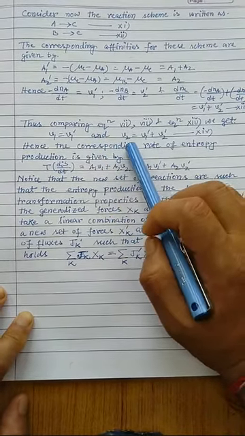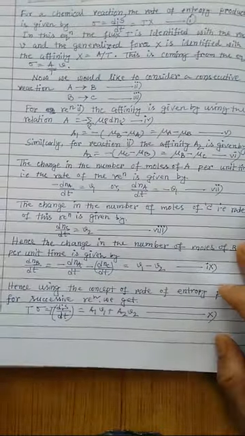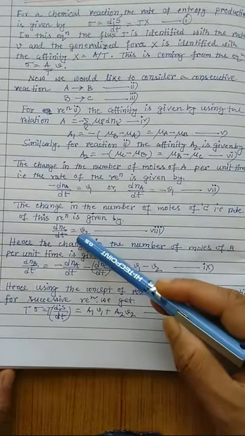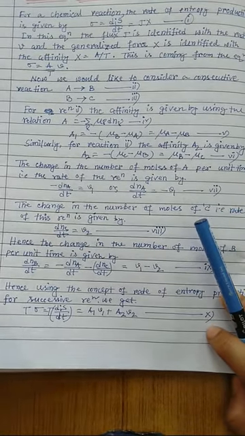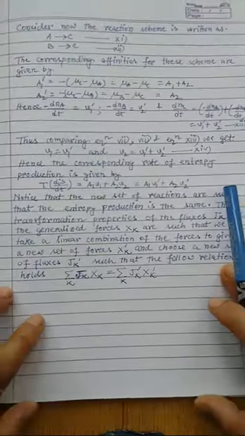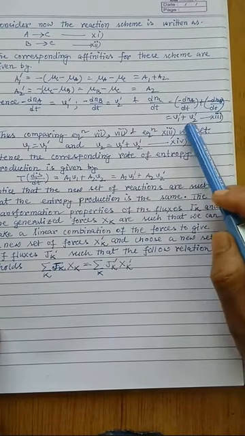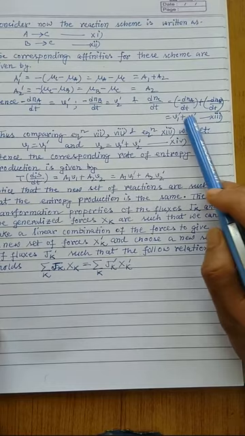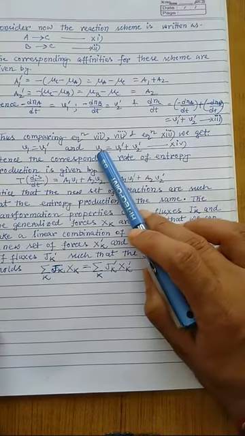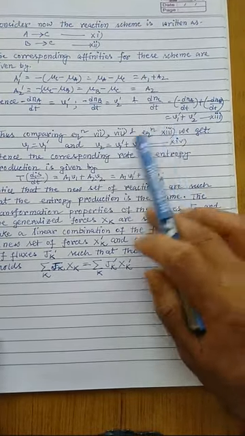But for V2, in the previous case, V2 means the dNC by dt, that means the total change in the concentration of C. And here we got, just a few equations before, equation number 13, dNC by dt equal to V1 prime plus V2 prime. So comparing these two equations, V2 equal to V1 prime plus V2 prime.